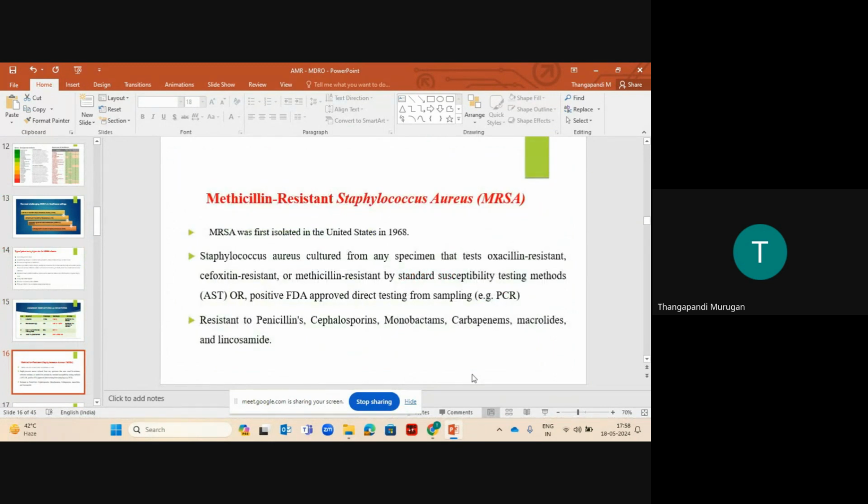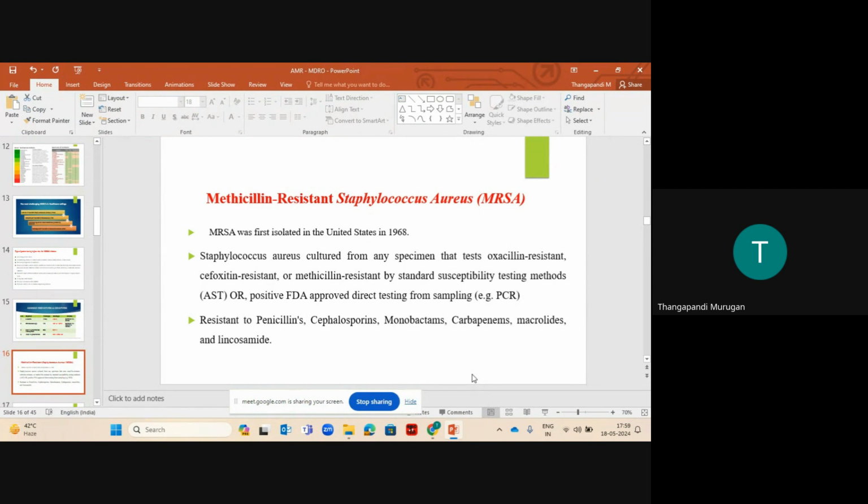The methicillin-resistant Staphylococcus aureus was first identified or isolated in the year 1968 in the US. Those Staphylococcus culture specimens that test ampicillin resistant, cefoxitin resistant or methicillin resistant by susceptibility test. As I mentioned earlier, to confirm this is methicillin-resistant Staphylococcus aureus, the microorganism will grow in the culture, but you need to diagnose it, right? There will be a confirmatory test for everything in a clinical setting, especially. So that is the thing we need to confirm. For an MRSA, it needs to be cefoxitin resistant first, they will check in the lab.